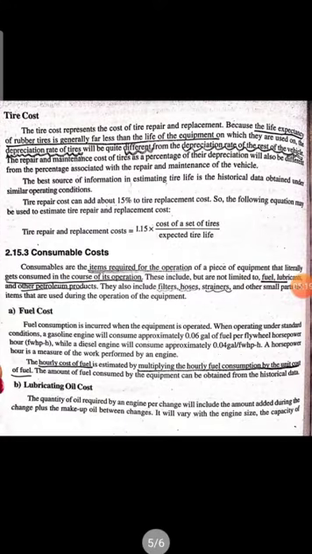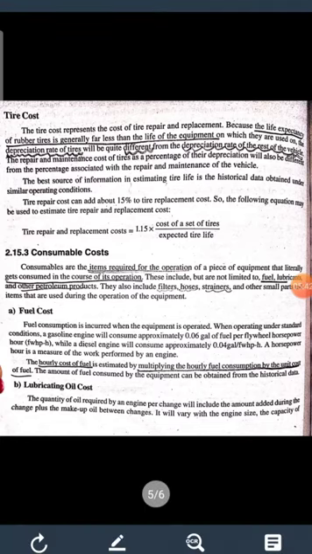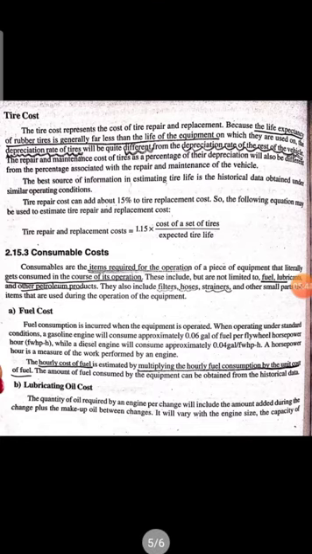So, under this, we can see one more topic under maintenance costs. We have something called as a tire cost. Why we have this as a separate cost is because the life expectancy of rubber tires is generally far less than the life of the equipment. Hence, the depreciation rate of the tires is going to be different from the depreciation rate of the rest of the vehicle. So, there's a formula given here to find the tire replacement and repair cost.